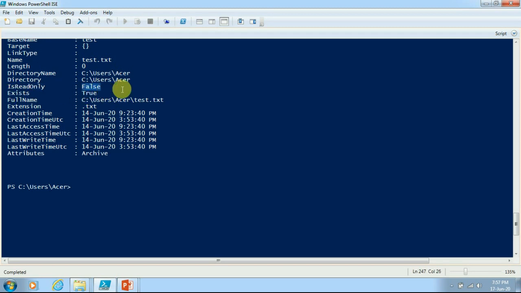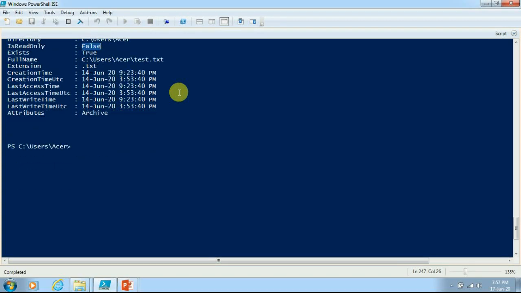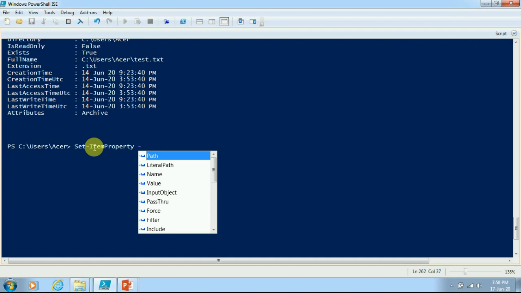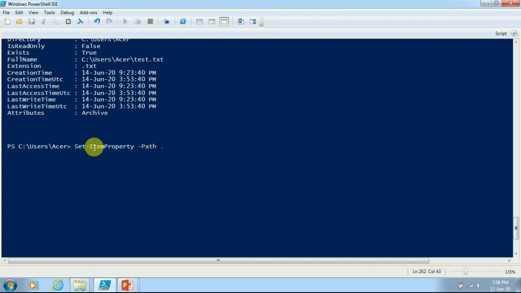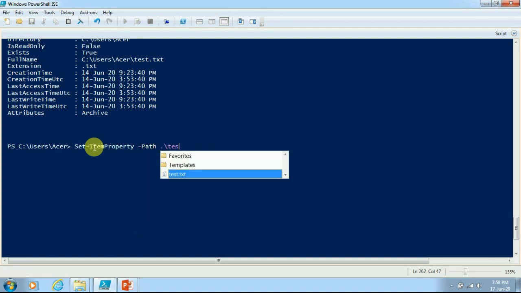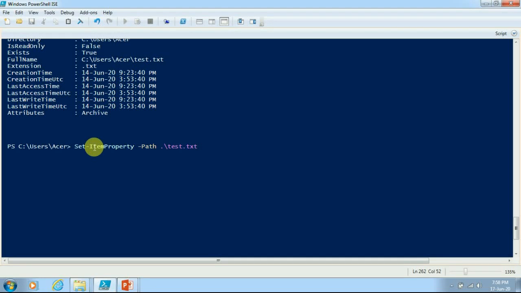If I want to enable this and convert this false into true, I will have to use the commandlet called Set-ItemProperty, and in path I will specify the file name, and after that I will specify the name of that particular property.